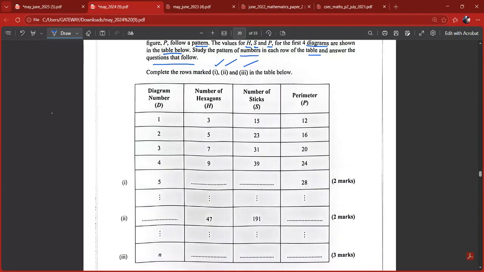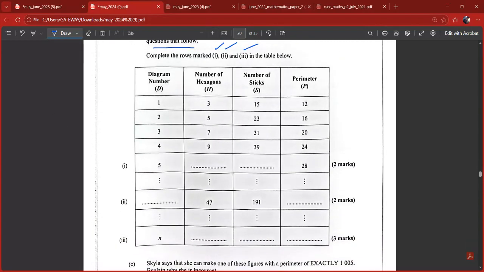So what we have here now is diagram number 1 to 5, and then we have n. We have the number of hexagons for the diagram 1 to 4, as well as the number of sticks and perimeter for 1 to 4. You have to fill in 5. So first of all, I like to fill in the formula, which is part 3 here, and then I can work my way up. So for the number of hexagons, this column coming down from 3 to 5,